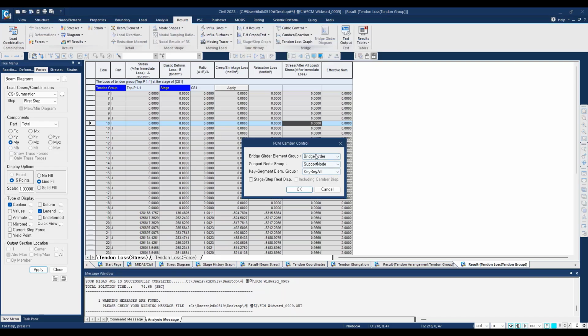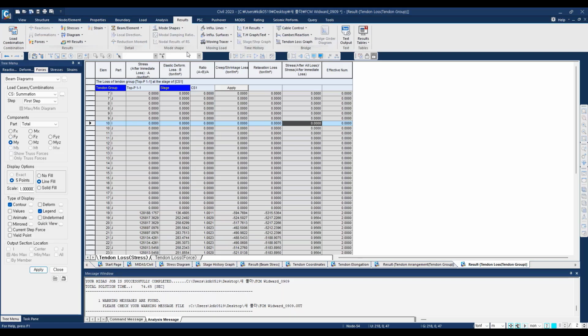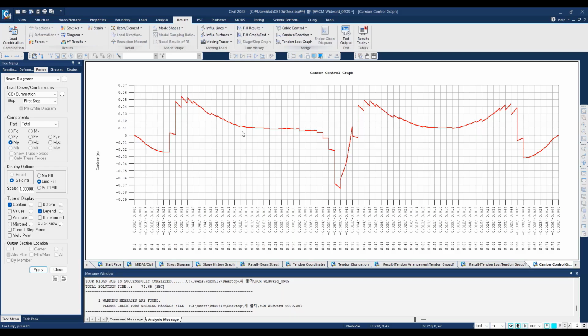After clicking here, then you have to click on OK. Then to check the graph of the camber, you need to go here and click view, camber graph view. Then you can click and select summation for the load, then click on OK. So this is the camber variation